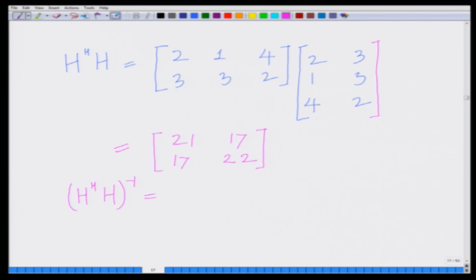H Hermitian H inverse is 1 over the determinant of this, that is 21 times 22 minus 17 square, times 22 minus 17, minus 17 21, which is basically equal to the matrix,